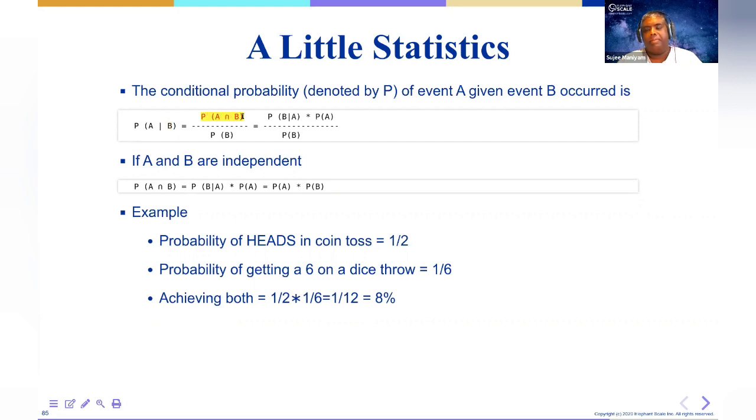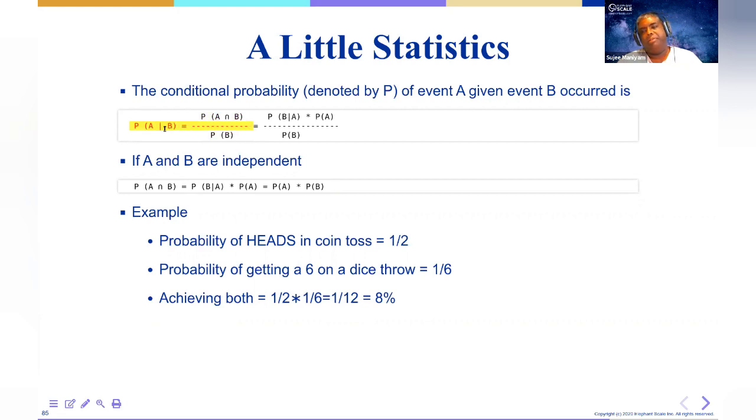So the probability theorem says the chance of A happening given B happening is the probability of A and B happening divided by the probability of B. This is the basic theorem. Again, we don't need to go too deep into the probability theorem, but if you understand this basic idea, you understand naive Bayes.